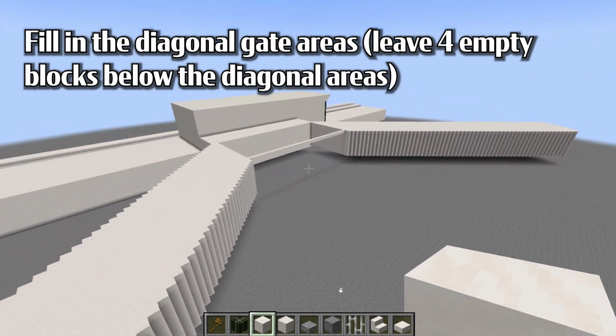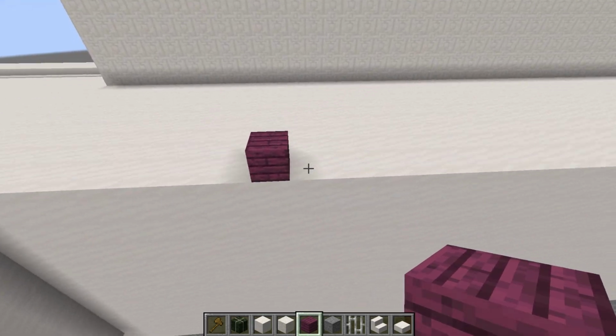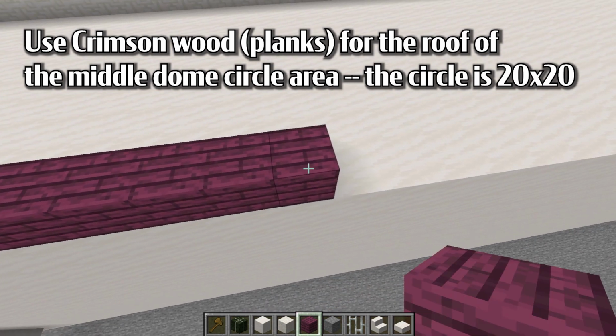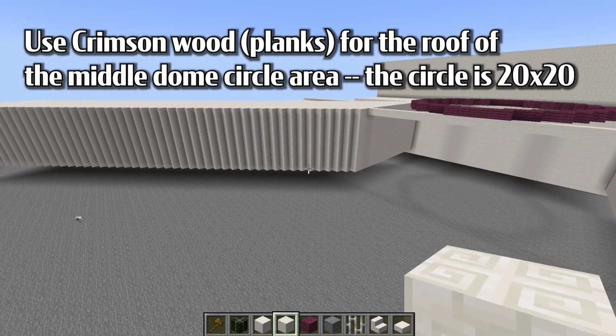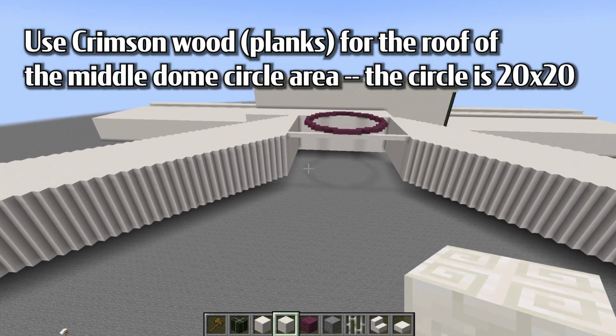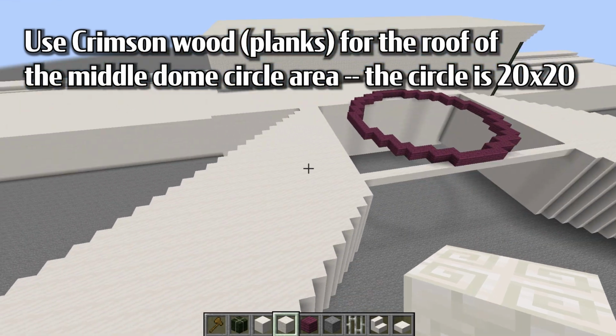So now we're going to work on the middle building, and also what I had to do was I did have to move in that one side a whole bunch of blocks. Now for this, the center circle thing, there's this designed circle that is part of this airport, and it's a circular kind of dome-ish look. And so I did the circle like that,